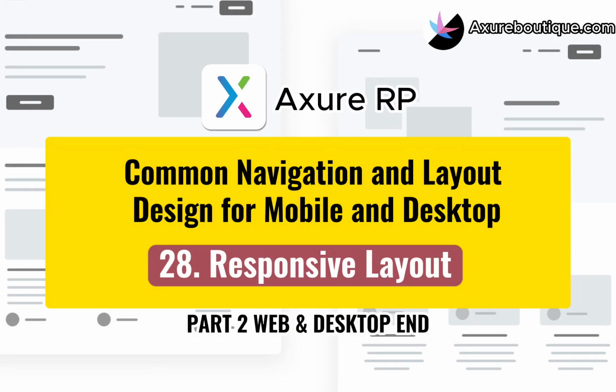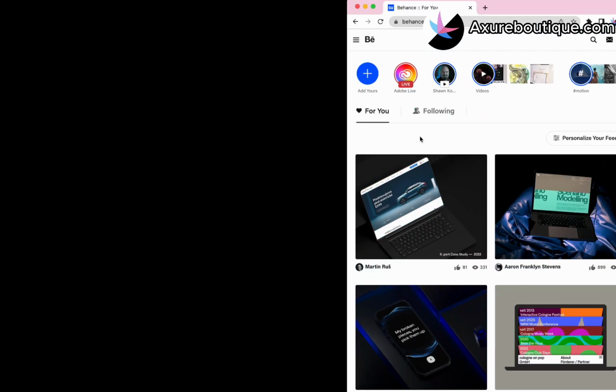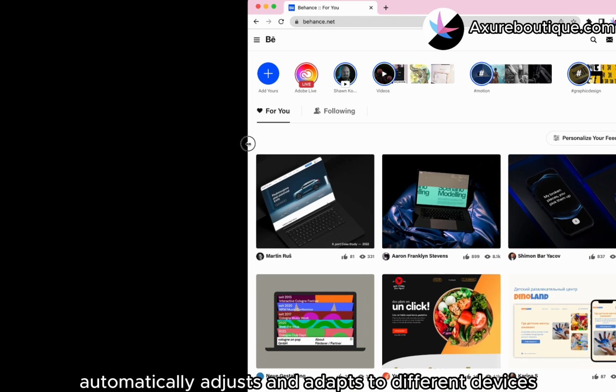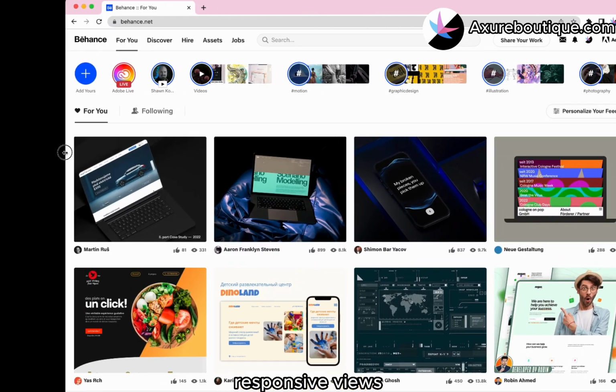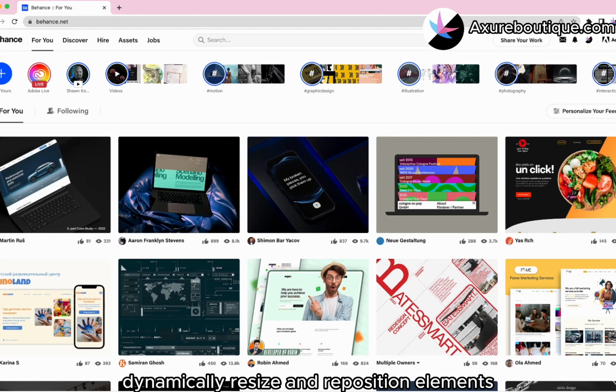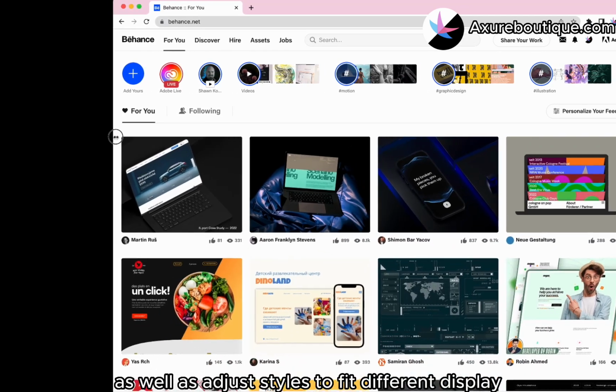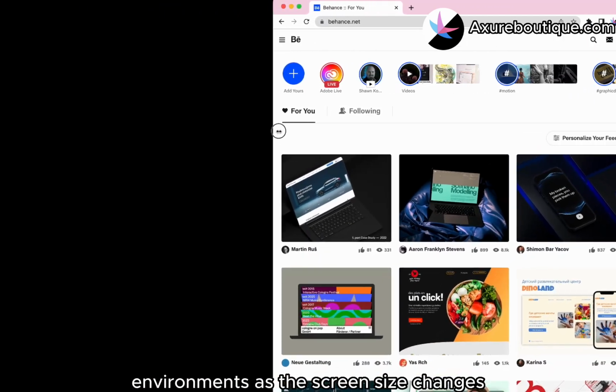Today, let's learn how to create a responsive view. A responsive view refers to a design that automatically adjusts and adapts to different devices and screen sizes. Responsive views dynamically resize and reposition elements, as well as adjust styles, to fit different display environments as the screen